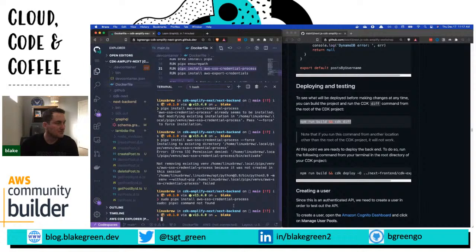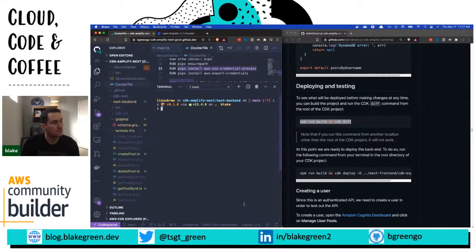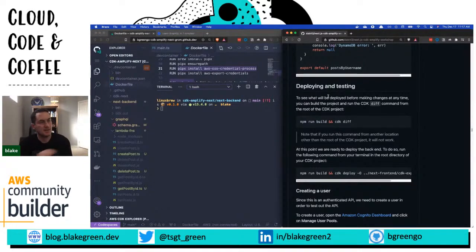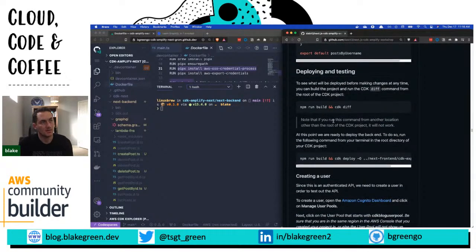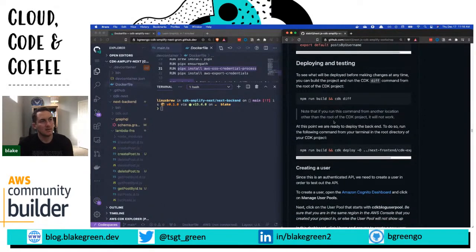Well, maybe that's a good spot to leave it. We can pick up deploying and testing now that we've built out the backend with the GraphQL schema and Lambda functions with the resolvers. I think that's where I'm going to leave it, and we'll catch up again and continue to go through. It looks like we're about halfway through this workshop, so I think it's a good time to wrap it up,